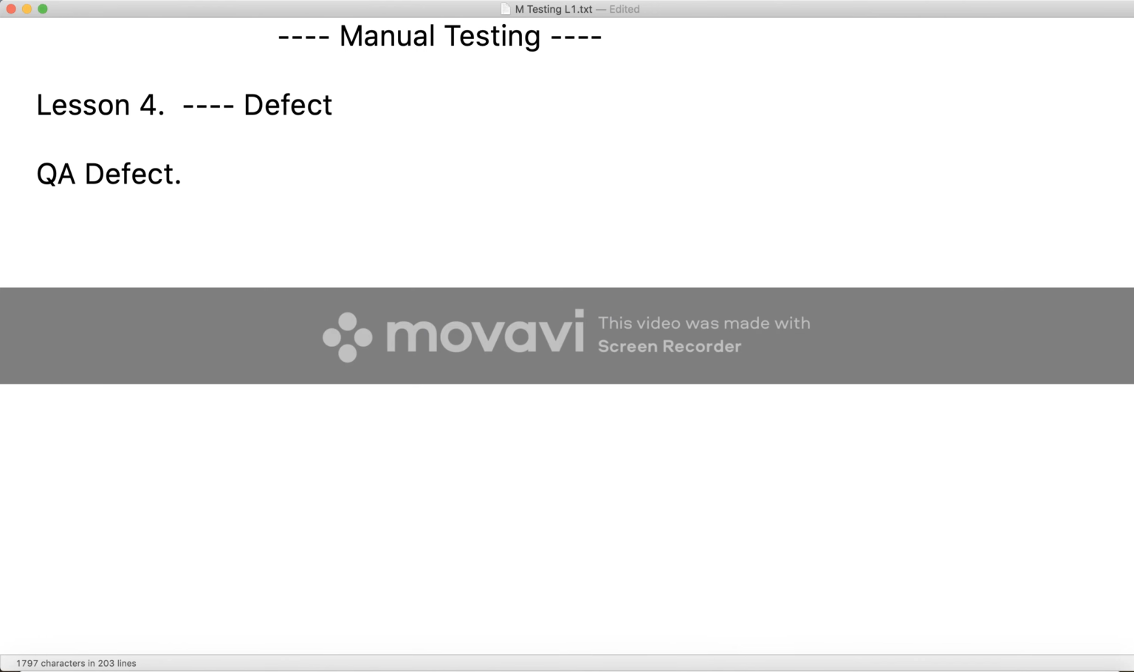So whenever you find a defect while validating a test case or scenario or checking the application, you need to open the defect. To manage the defect,